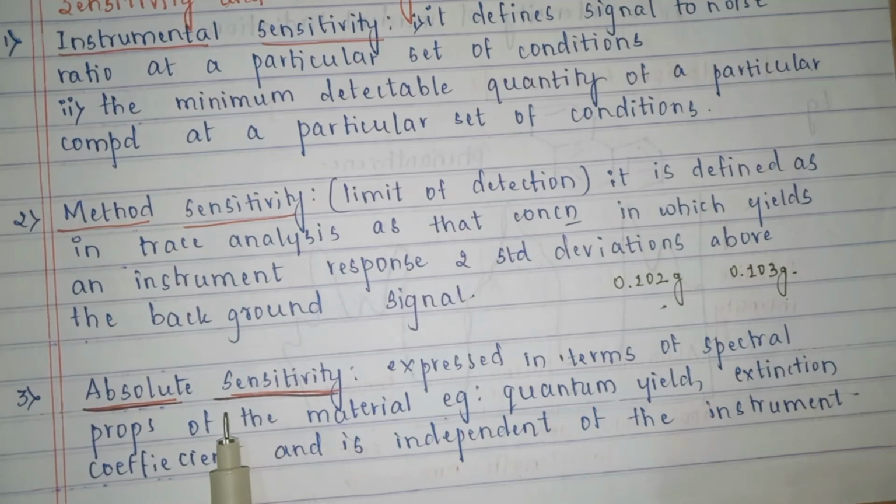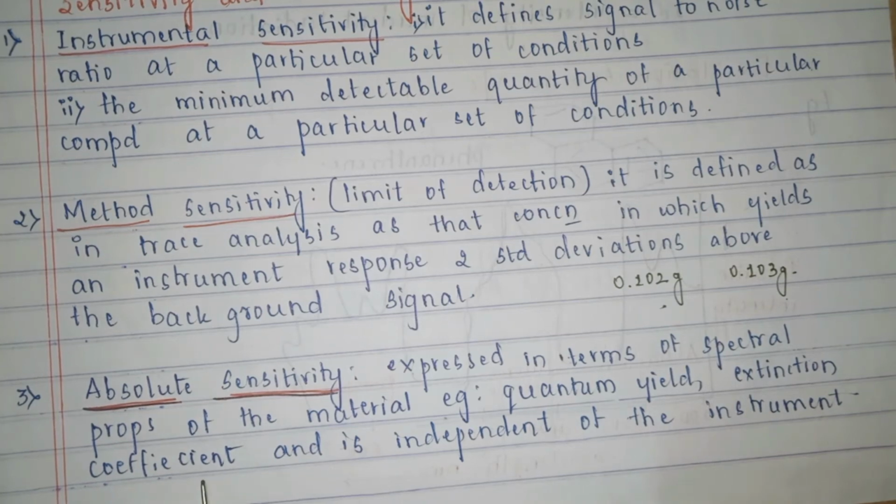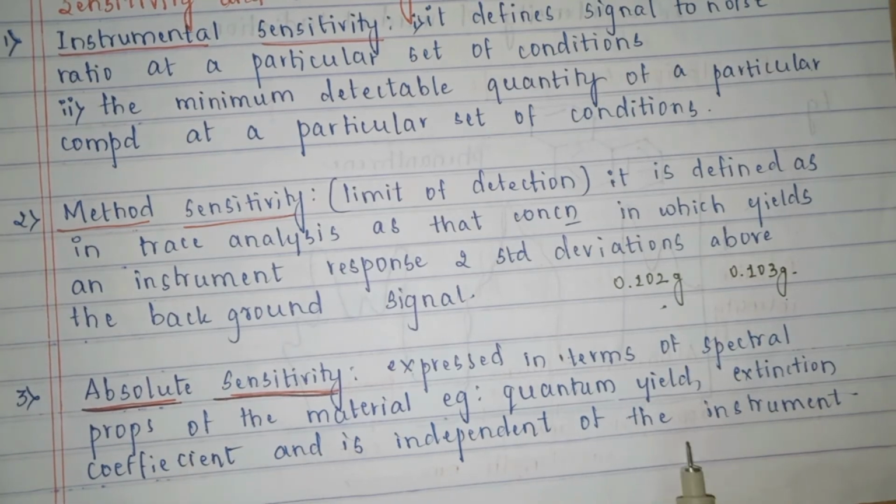It is dependent on what? It is dependent on the quantum yield, and in turn it is dependent on the extinction coefficient. But this is independent of the instrument. So what is it dependent on? It is dependent on the compound or the material that we are trying to analyze. It is never dependent on the instrument that we are trying to use. Our molecule should have the highest fluorescing capacity. In turn, phi should approach 1. When phi is almost approaching 1, then it is almost reaching an absolute sensitivity.